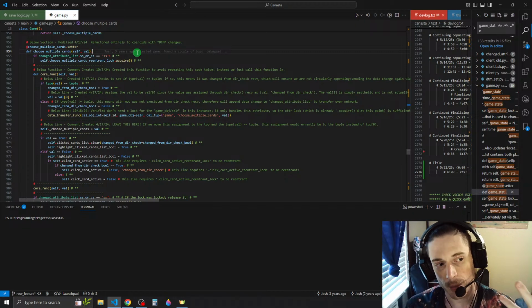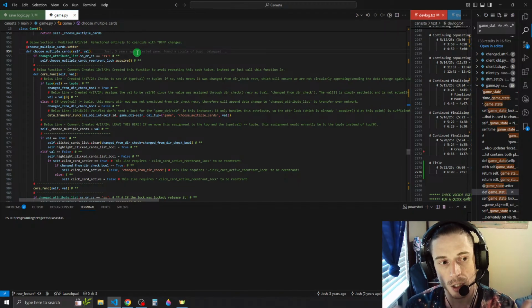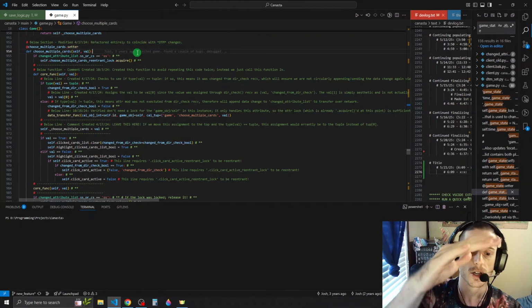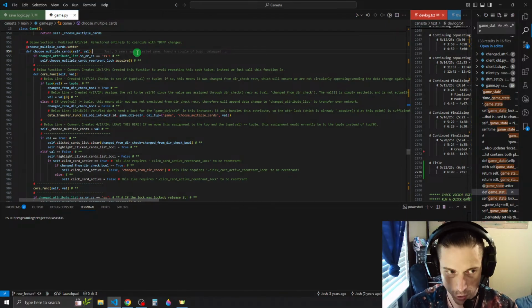But at the time of the saving of that first iteration, at that save point, the initial one, that doesn't include this choose multiple cards being set to whatever it's about to be set to. That happens during the next while loop iteration. The save point happens first, then all the data point modifications happen, which would include this right here, and then